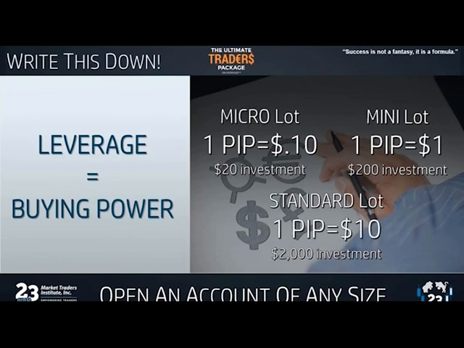And then with a standard lot, every pip of movement is worth $10. So doing the exact same trade, you generated 141 pips times the $10. Now you made $1,410 in 28 hours, in a little over a day. Is that beginning to make sense? Can you see why people are so excited about the Forex market? You can start this with really small accounts. You get confident. You do the same exact thing, but you just get more confident and you're able to do larger lot sizes and generate more profits, okay?